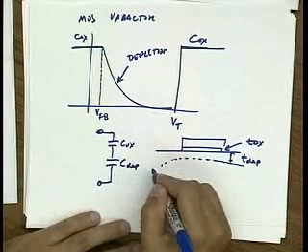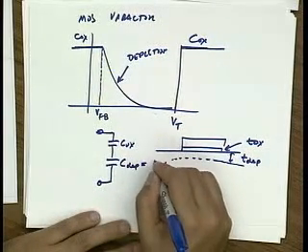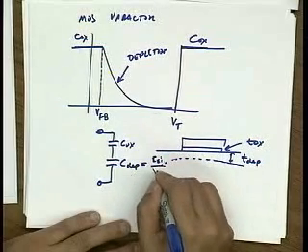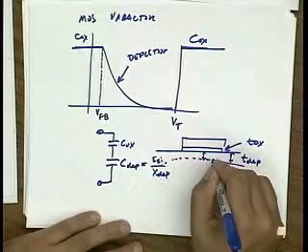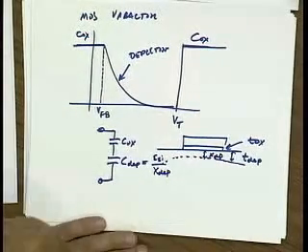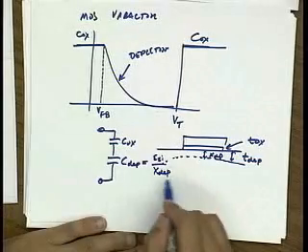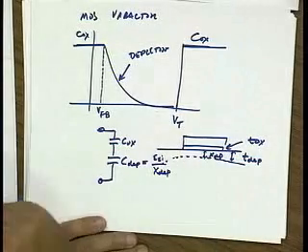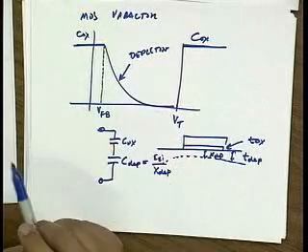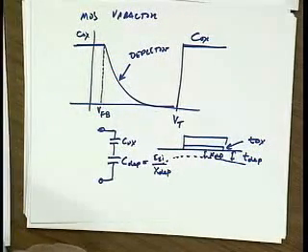And C depletion is, of course, epsilon silicon divided by X dep, where X dep is the depletion region depth. And you know that you can calculate how the depletion region varies with the voltage drop across here, and that leads to this curve here. Okay? Now,